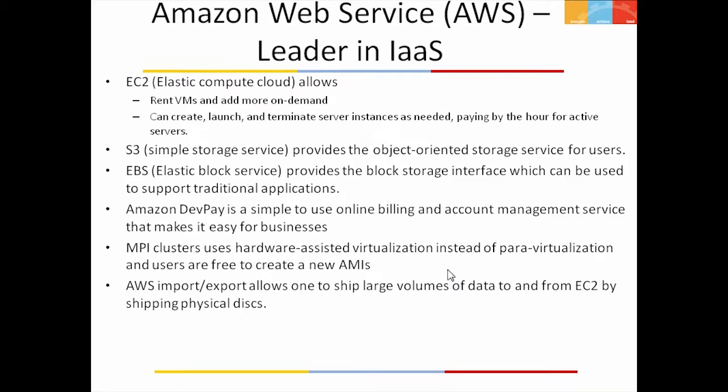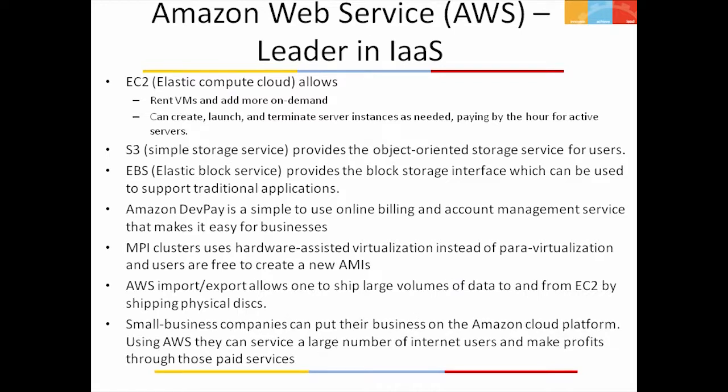New York Times is also based on EC2. So their entire content, their software portals, they're all run on EC2. So for such business houses, AWS bulk import export facility will be provided, where they can ship physical disks, and that data will be uploaded.